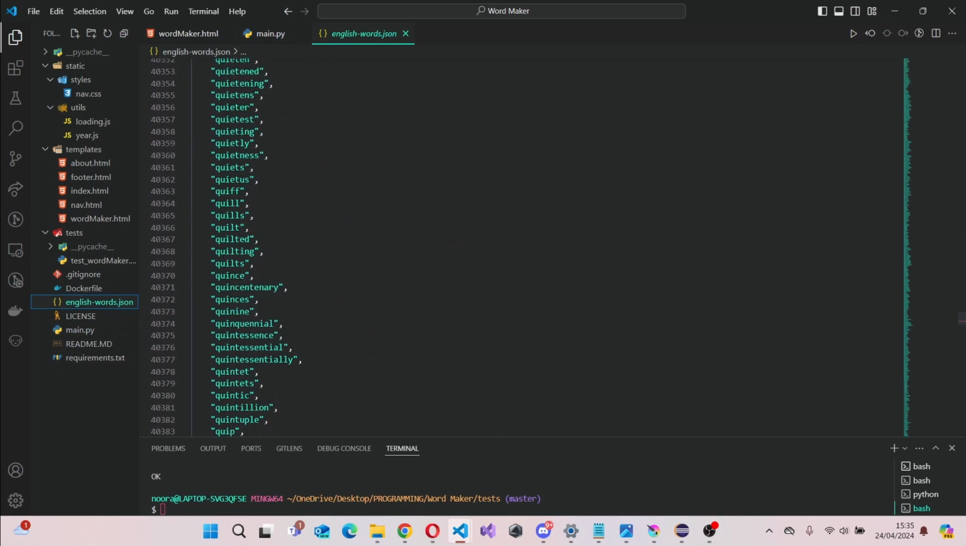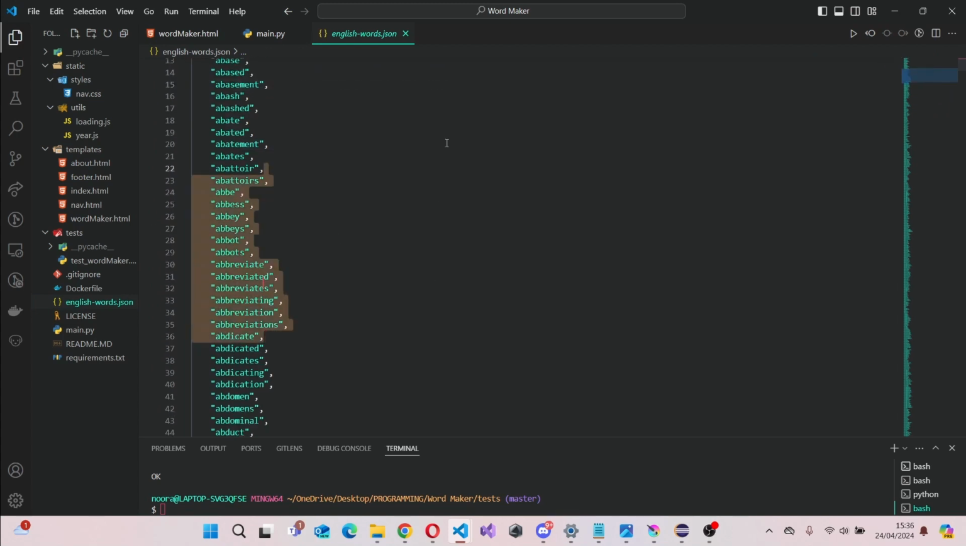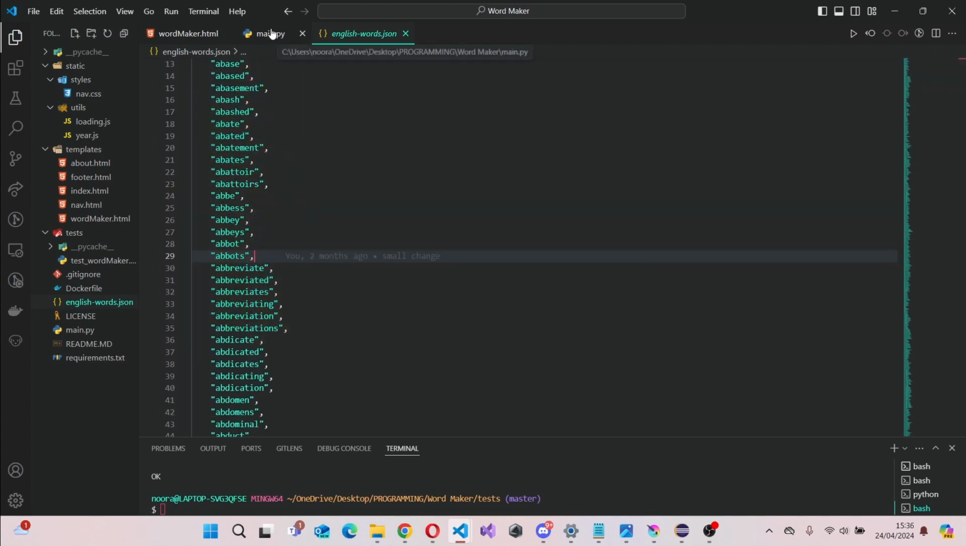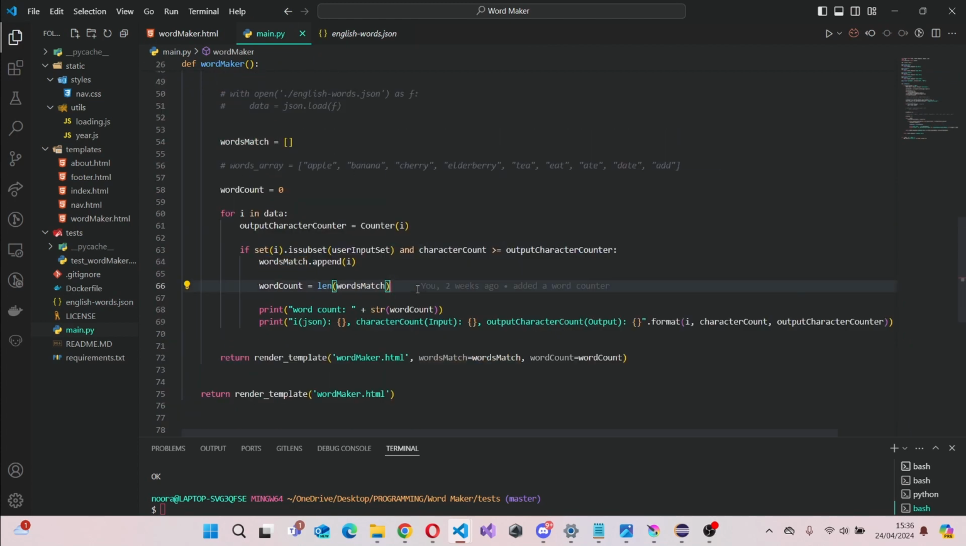So this is the JSON file, which contains a bunch of words. I just found this from GitHub, I think. But yeah, this is what it uses to compare against the user input. And then over here, we check the length of the words. And then if everything is correct, then we append the values from the JSON file inside the words match array, which is empty over here. To render it,